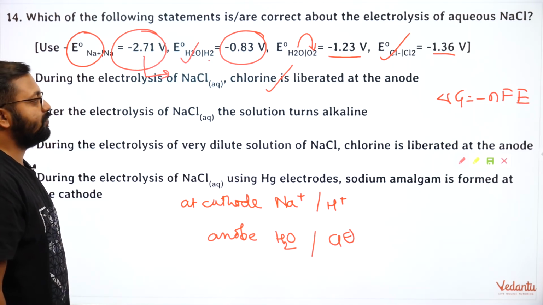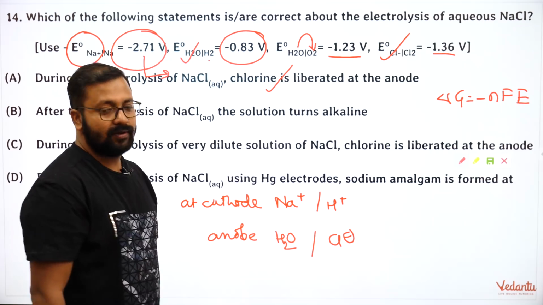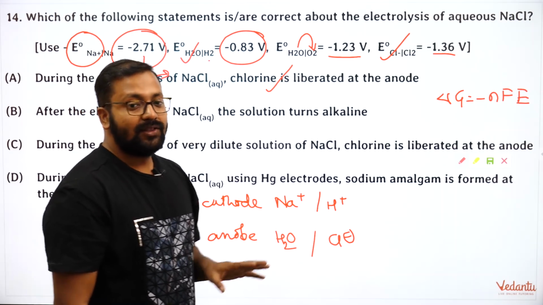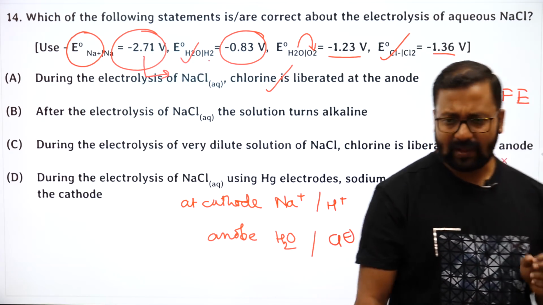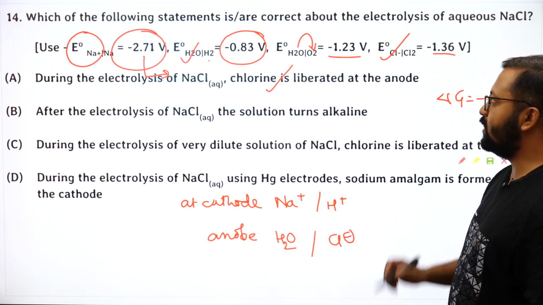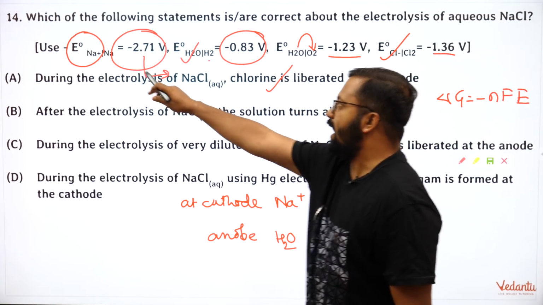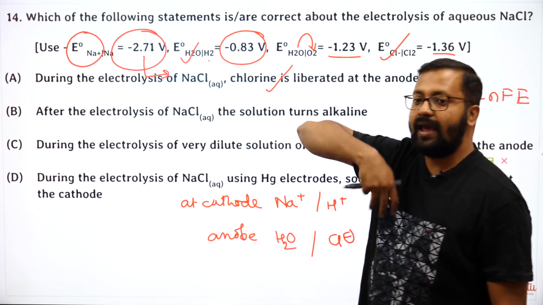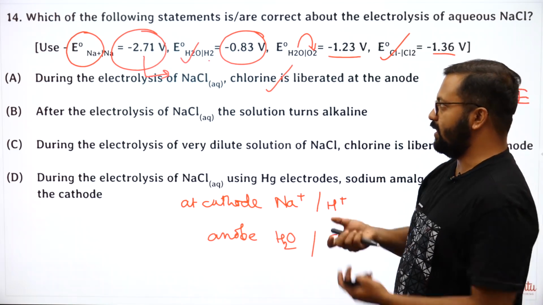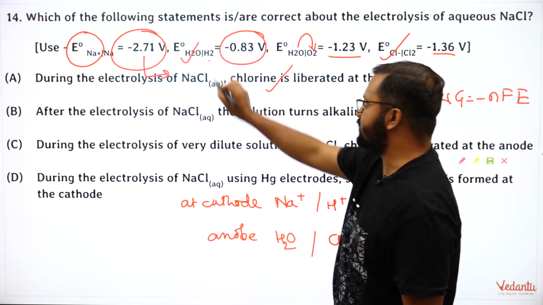After the electrolysis of NaCl, the solution turns alkaline. How do we know that? This hydrogen gets liberated, Na is formed over here, and Na will react. If hydrogen is getting liberated,